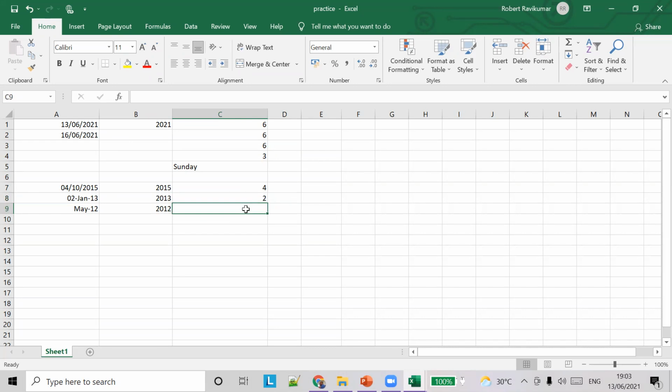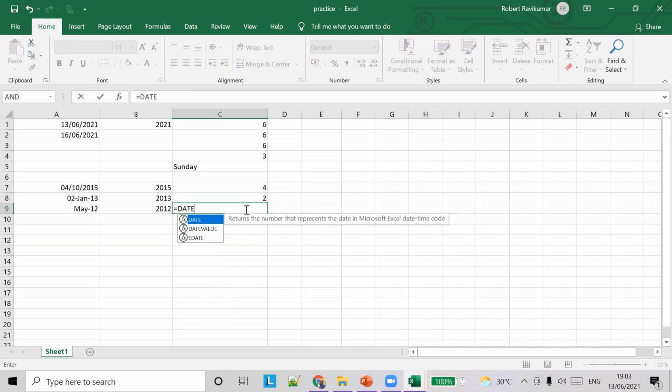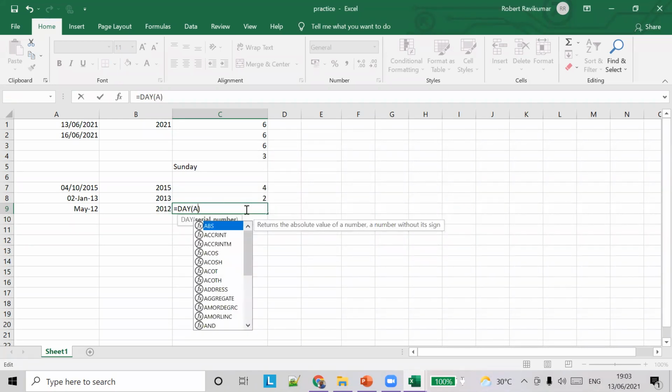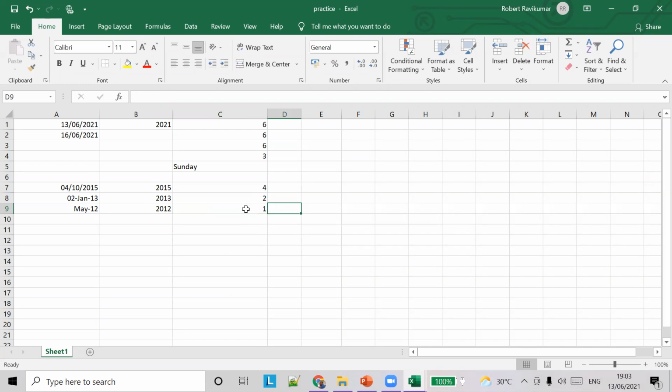I think it will throw an error if you try to get the day from this month. Let's see what happens. A9 will give you 1. So it's not throwing an error. It's giving the default date. If there is no date, it is taking the 1st.